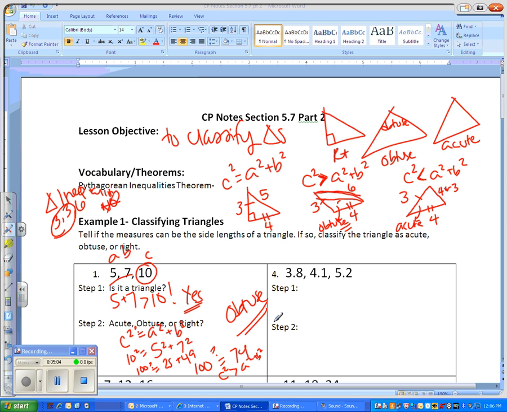So to do the same thing for the other ones. So 3.8, we can say that's A, this one's B, and this one's C. The first thing you're going to do is decide if it's a triangle. So 3.8 plus 4.1,